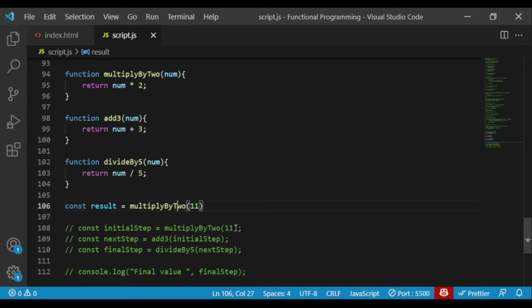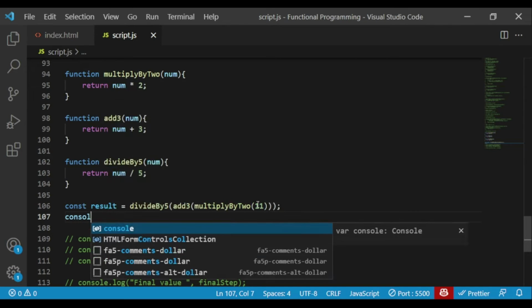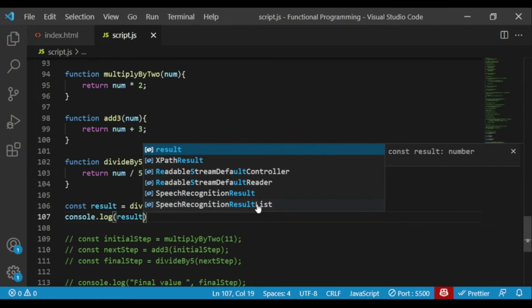Whatever its output is, we will take that into add 3 and take it directly over here. So it would give us 22, and we are taking that directly as an argument to this parameter, which is num, and it would add 3 to that. Its output is going to be 25, taken directly to divide by 5. Like this. Now if we console log result,